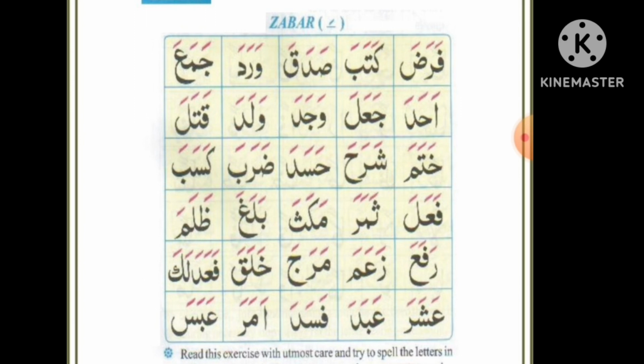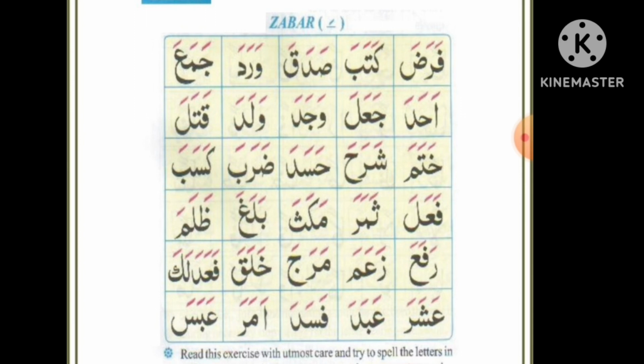dal zabar da, wa ra da, jim zabar ja, mim zabar ma, jama, ain zabar a, jama'a. Similarly, this I have done with the pronunciation with the hijjah. Okay. The next line I am doing without the hijjah, but if you are comfortable, you can do it with the hijjah itself. Ahada. See the second line. Ahada, ja'ala, wajada, walada, qatala, khatama, sharaha, hasada, daraba, kasaba,